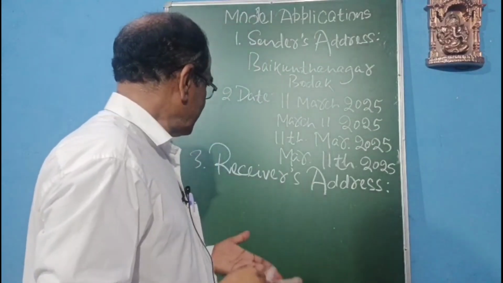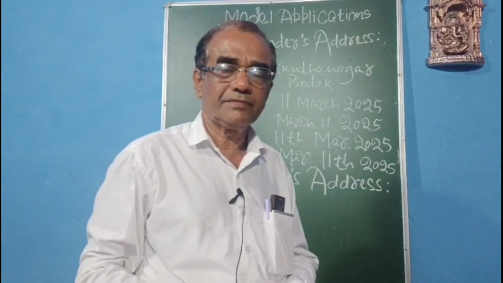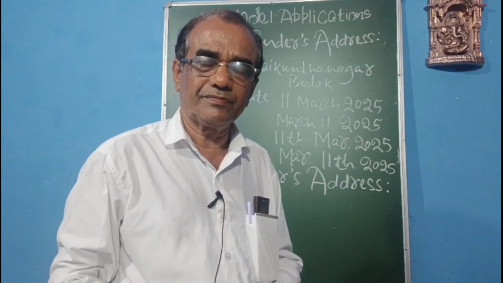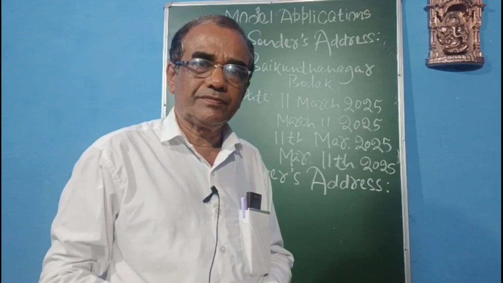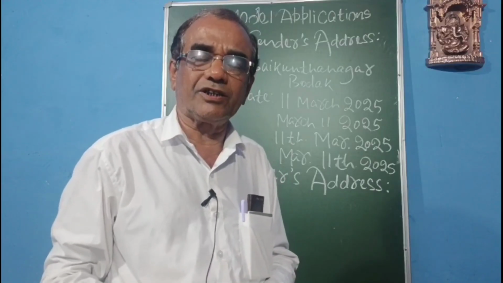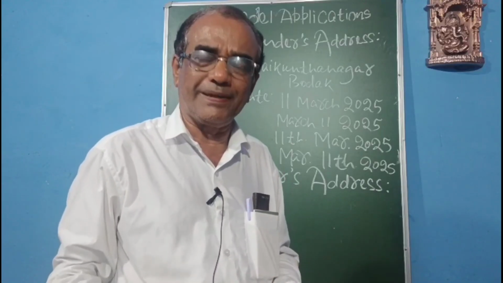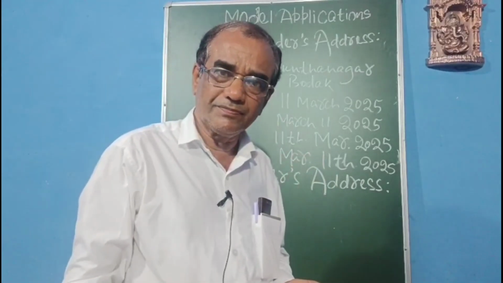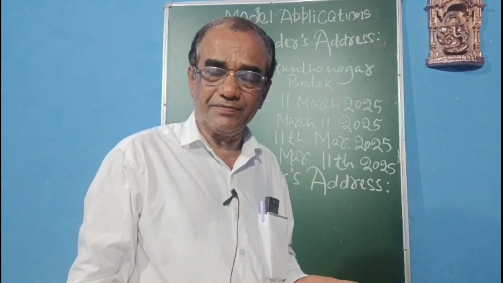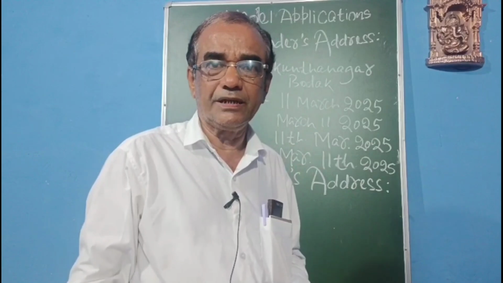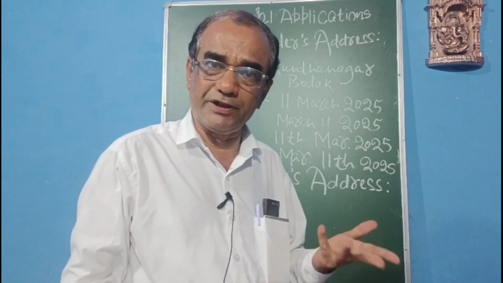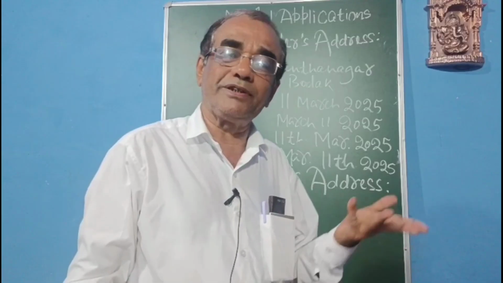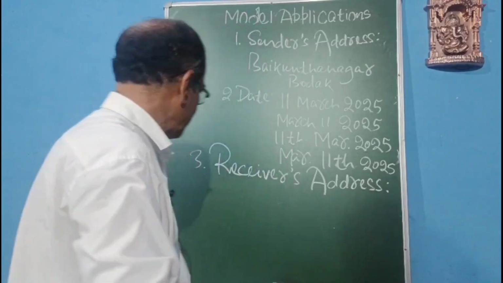Here, the receiver is the recipient of the application. The person who receives the application is called the receiver or the recipient of the application. You are not to write the name of the receiver. You are to write the official designation, position, name of his office, and the name of the place where his office is situated. For example,